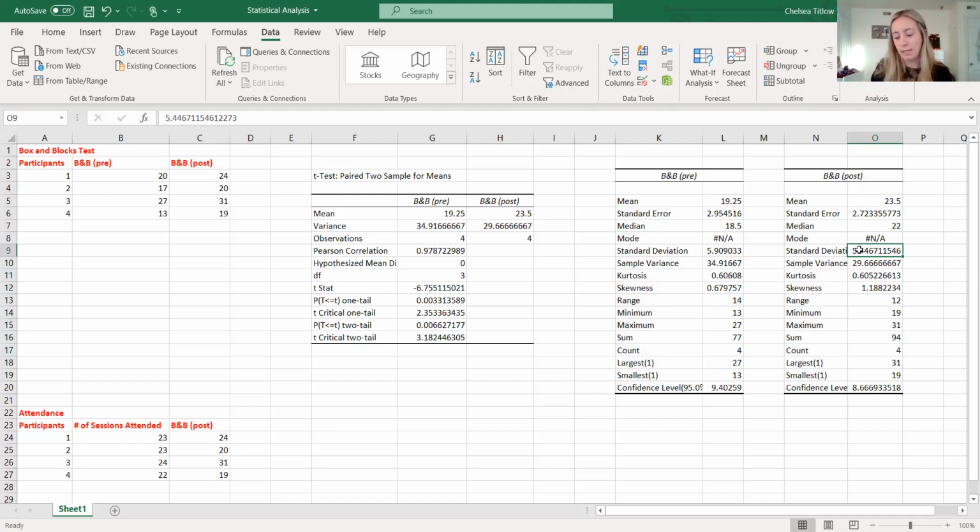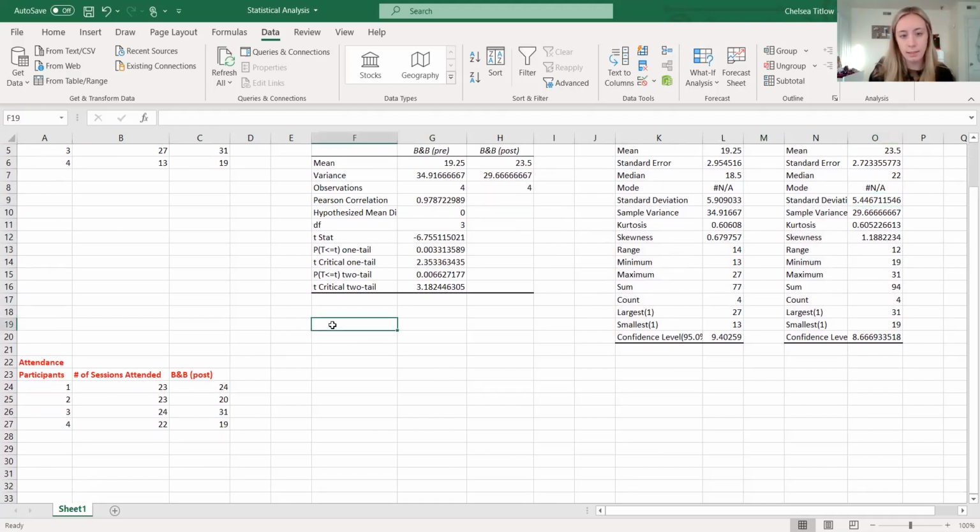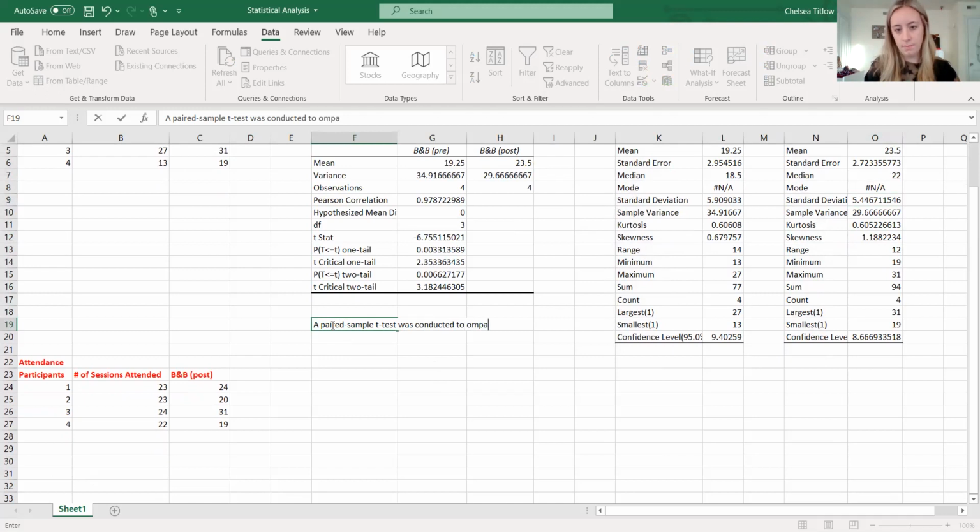We want to write out what these findings mean. So to do so, let me come down here. And what we would write is a paired sample t-test was conducted to compare BBT, which is Box and Blocks, pre-test and post-test scores. There was a significant difference in scores from pre-test, and here we want to include the mean,